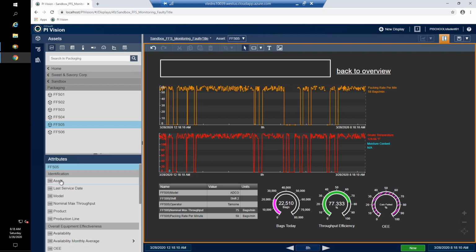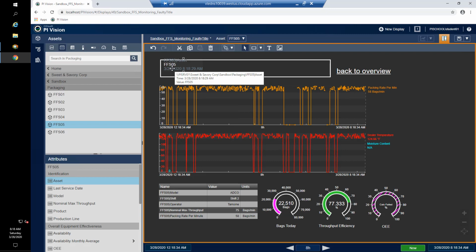So I'll take asset and drag it onto the screen. I don't want it as a trend, which is what it's going to do now, so I can cancel that application and select value. By dragging the asset on as a value, I can see I've got the name, which is FFS05|Asset, the actual value and the time.